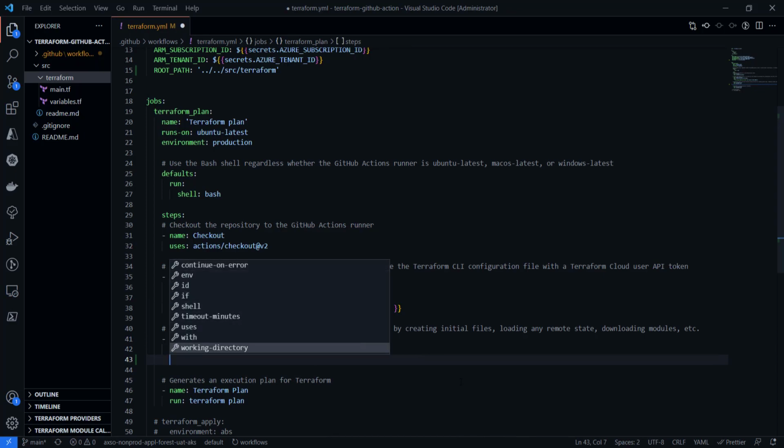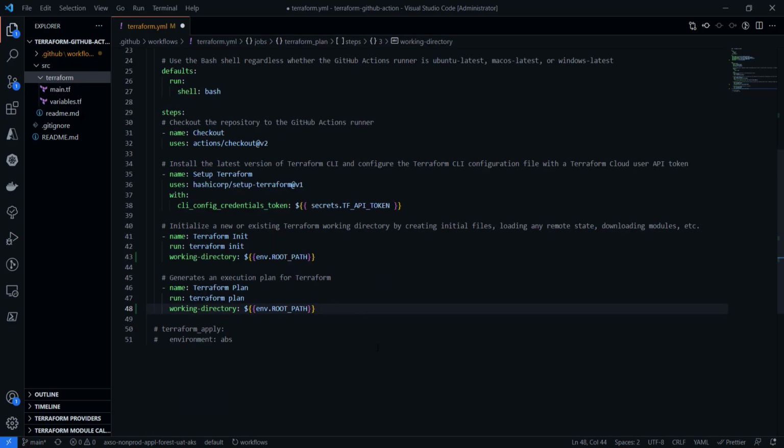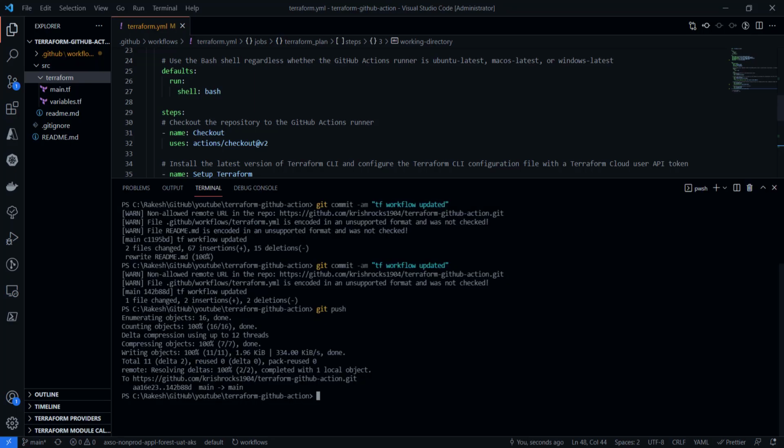So here we have the Terraform working directory, and we are going to use our variables, which will say env dot environment variables dot root path. Okay, so this is how you can use it. Similarly, this is again a plan command where we would like to run it on the same root directory. Now I'll commit this change.